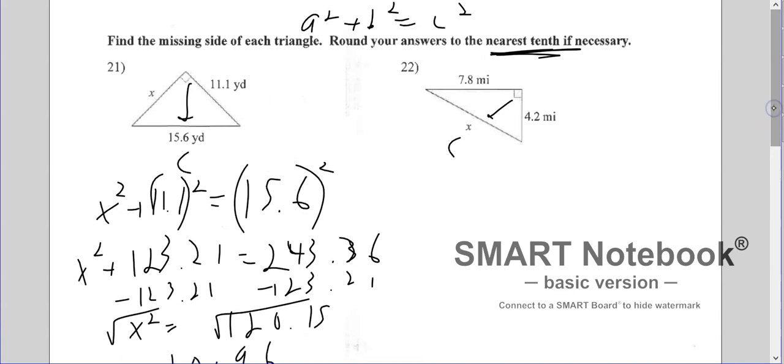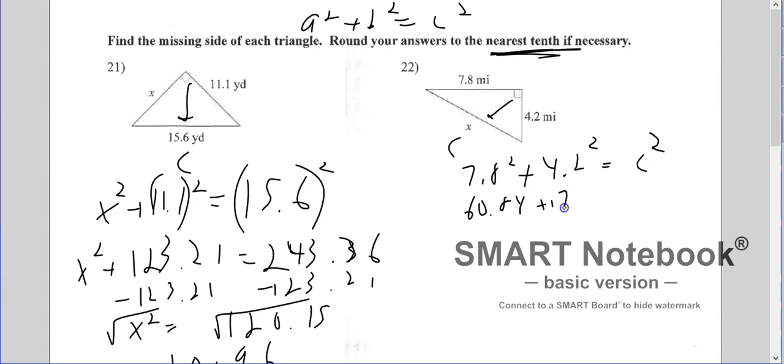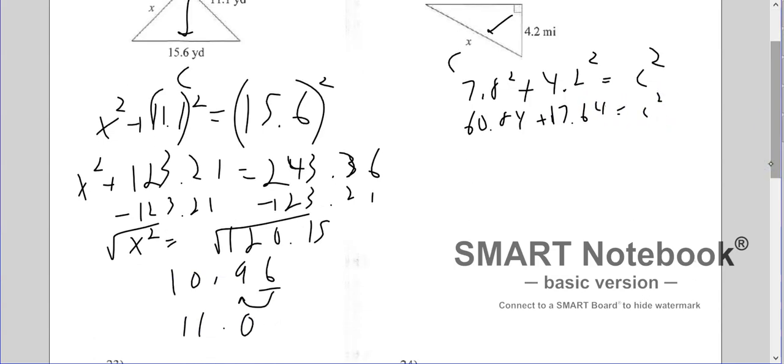All right, so this one, we do know A and B, so we're going to put 7.8 squared plus 4.2 squared equals C squared or X squared, whatever you want to put. So 7.8 squared is 60.84. And we're going to save the rounding for the end. 4.2 squared is 17.64. We're going to add those together and get